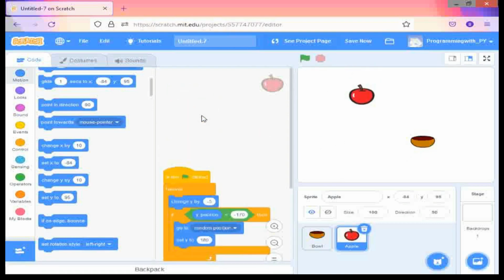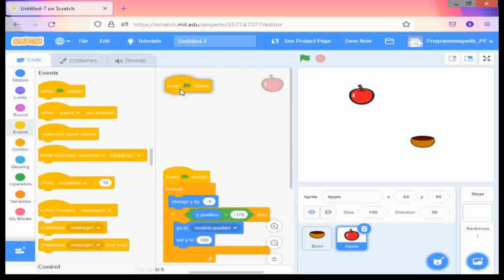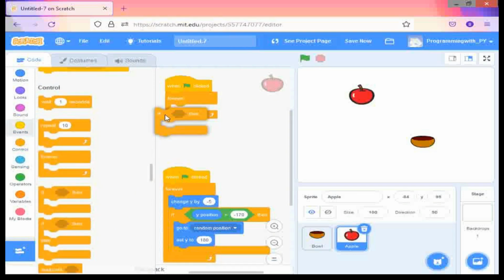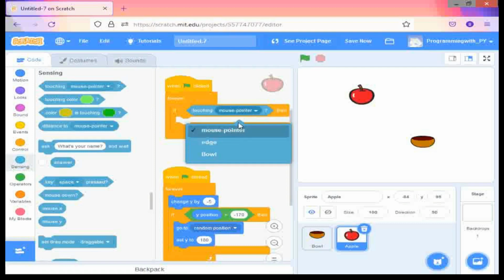So for that we have to take this, go to events, take when clicked, then go to control forever, then if then, and after taking if then go to sensing, take this touching mouse pointer, keep it here and change mouse pointer